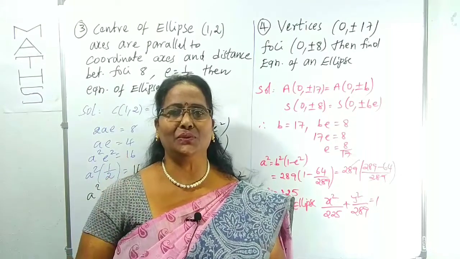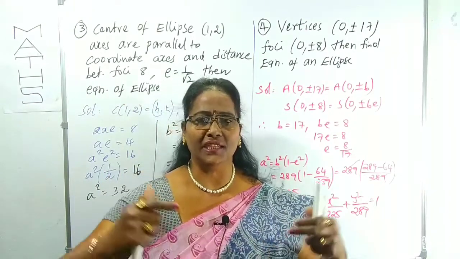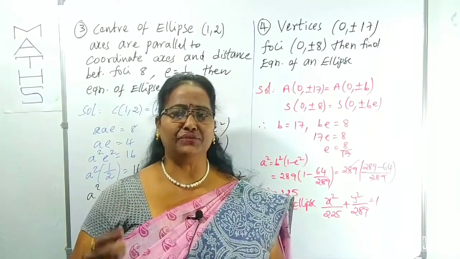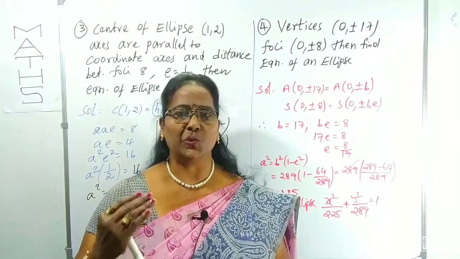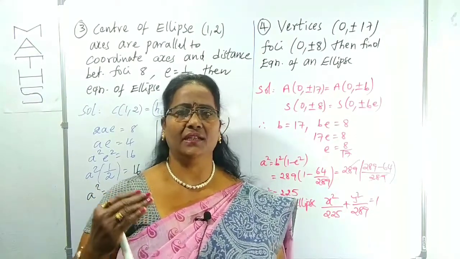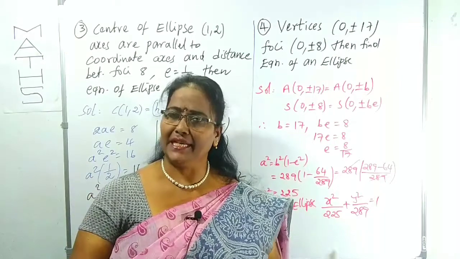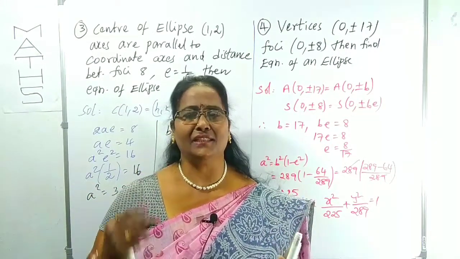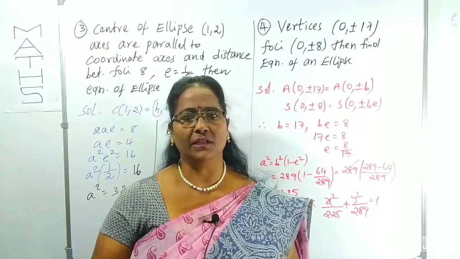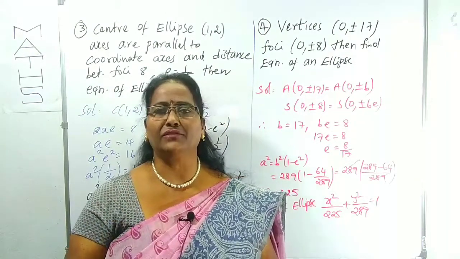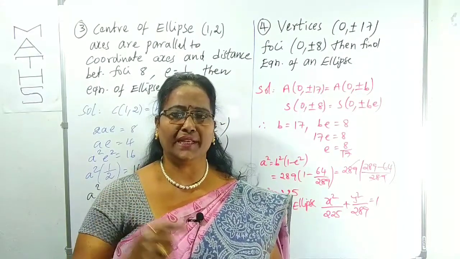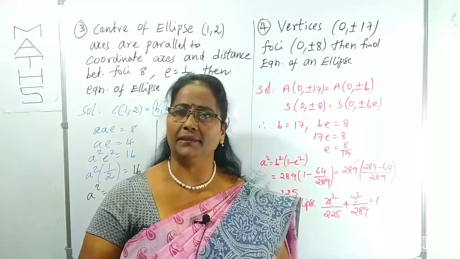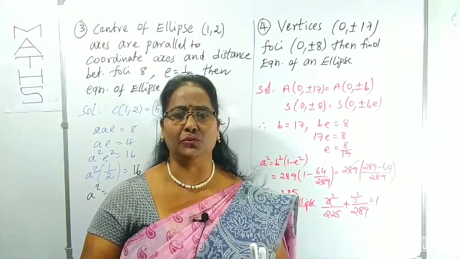For that we have to have a clear idea about the various contents of the four types of ellipse whose center is at 0, 0 or at h, k, in case of a greater than b or a less than b. Those you can recollect, you can watch that video. Otherwise you can recollect from your board examination syllabus theoretical part, that is mostly helpful to you to crack any type of question.